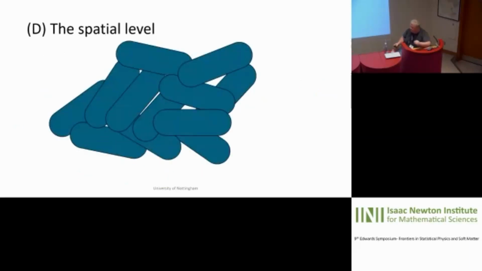And the final level we want to look at, and this is the bit that we've only really started to touch, is the spatial level. So if you've got heterogeneity at the population level, then obviously, how does it affect this when it is in a biofilm? When the three-dimensional arrangement of these things is important,